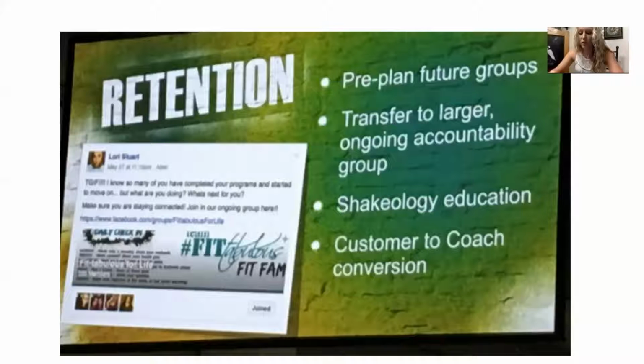So don't ever forget to offer them that opportunity, because more than likely, if they don't want to work it as a business, they're going to want to take advantage of the 25% discount. I mean, Shakeology is an investment. So if you can save them money, I would say go for it. And this is the way that I pitch that.